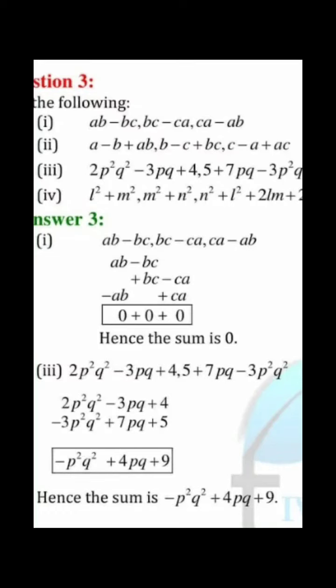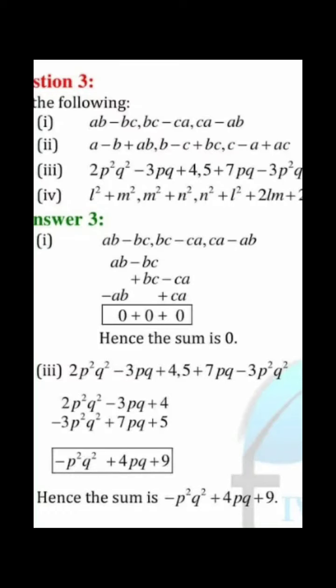Now what you have to do is first note down CA. CA is the first term of the third expression. See whether in the above two expressions you find any term which is like CA. Yes, where? It is in the second expression. So write it just below that particular term, that is minus CA, and this is plus CA. Then we have minus AB. Just look, do you find any like term AB? Yes, in the place before, under that.